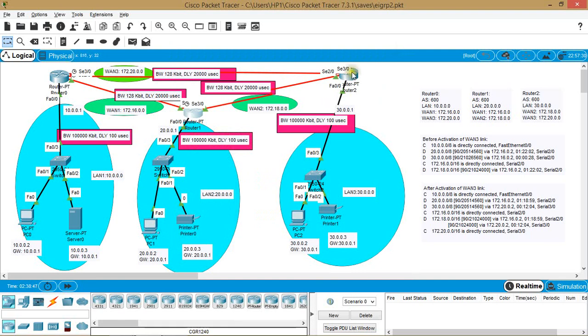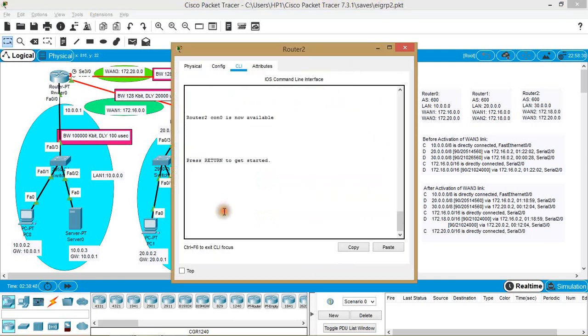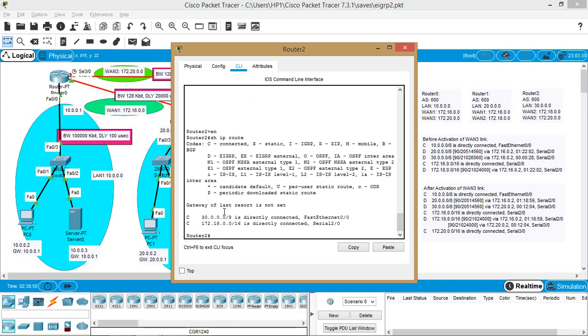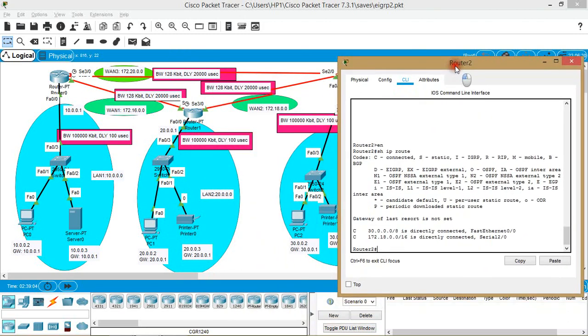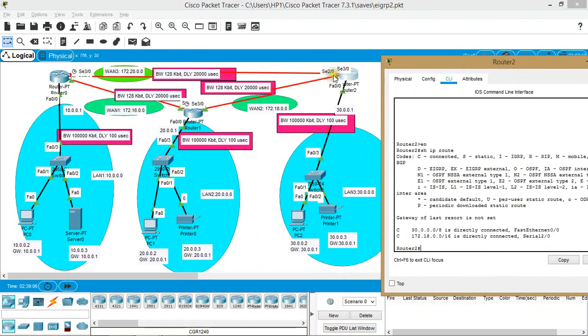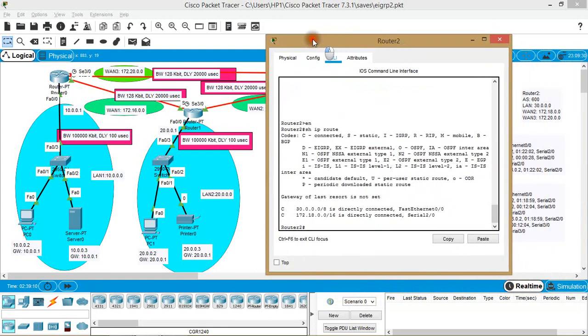Similarly, we'll check on router 2. On router 2, again we'll check the IP routing table using show IP route. Here you can see again only 2 directly connected networks, though there are 3 in the configuration, because we have not activated yet the WAN 3 link on this router 2.